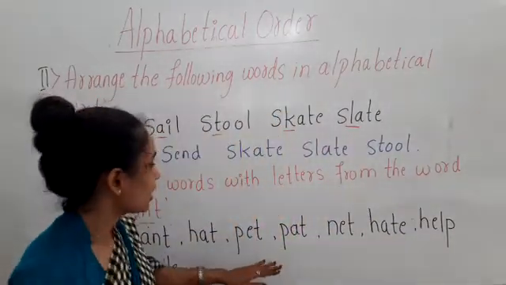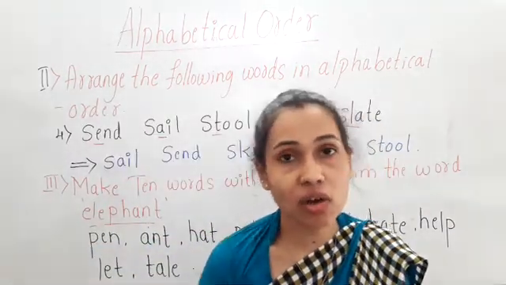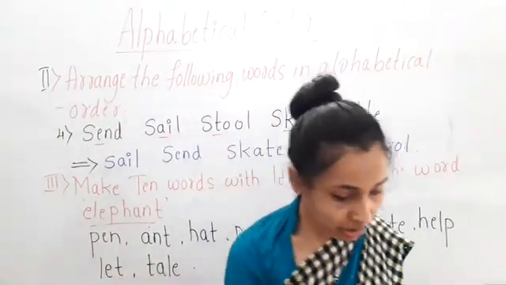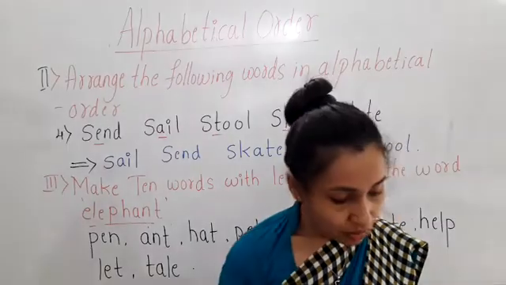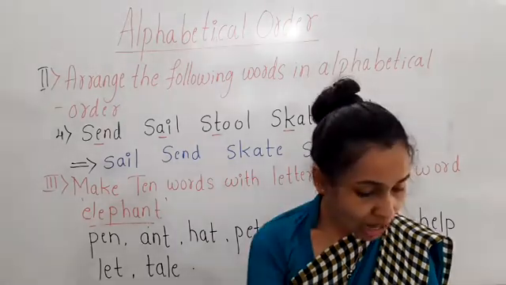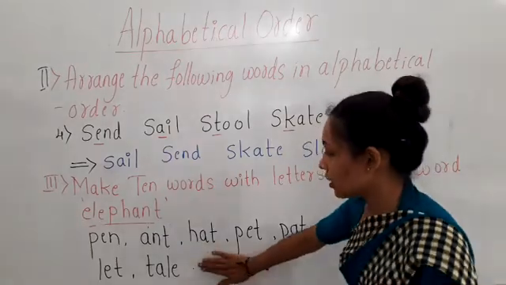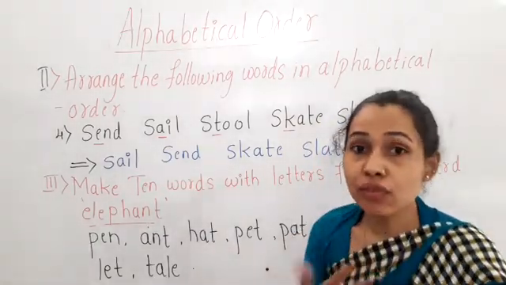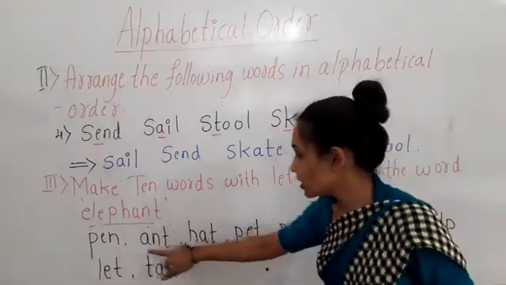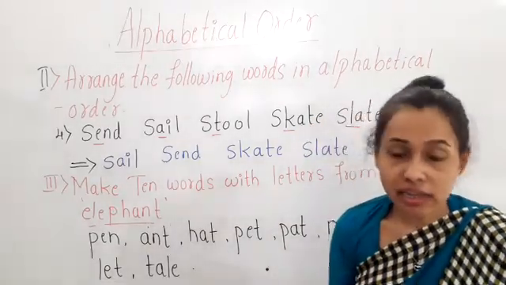You can write the same words, or else you can write words of your choice. You can also create your own words by using these letters. Now let us move to the fourth main question, that is, write the above words in alphabetical order. So here I have written 10 words. These 10 words we have to write in alphabetical order. According to the letters they start with, we have to write these words in alphabetical order.